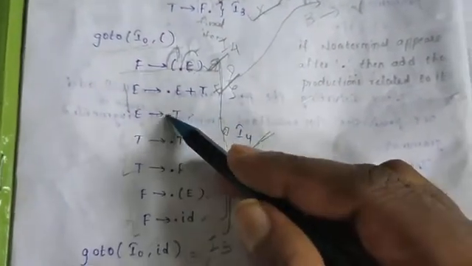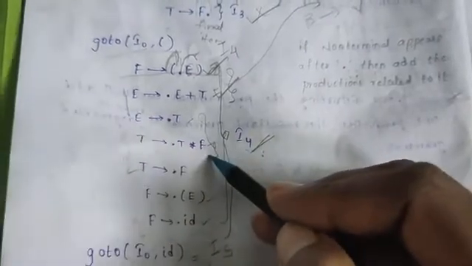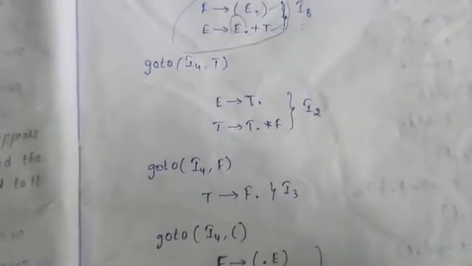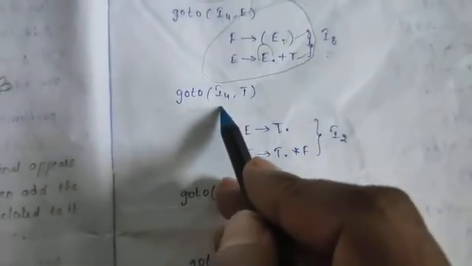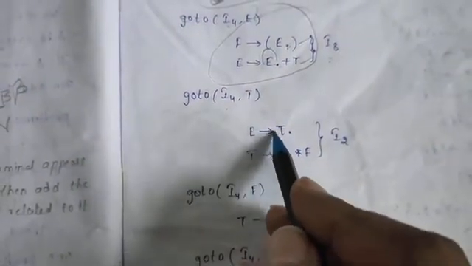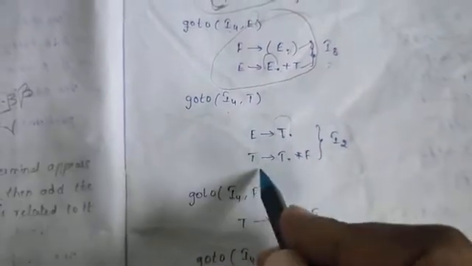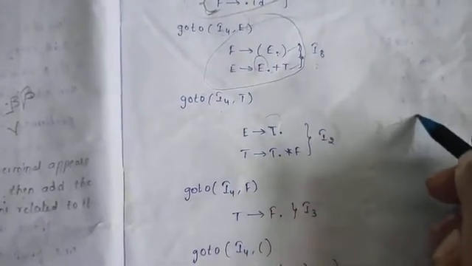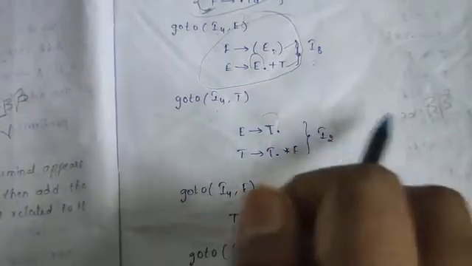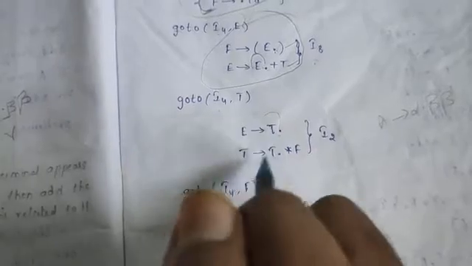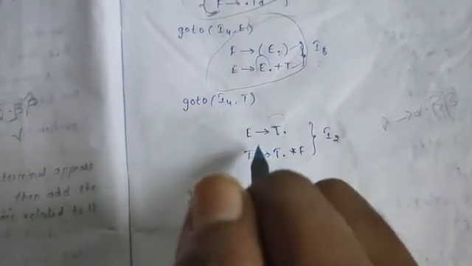Then the third one is nothing but T. Here also the dot is moving in these two productions, over capital T. For that reason, here again we'll go for goto(I4, T). The dot is moving over capital T, so these two productions will be placed with the dot moving from this side to this side of T. Here in these two productions there is no match with A tends to alpha dot B beta. Why? Because the dot is not before a non-terminal in these two productions. For that reason, no need to place the T related productions here.